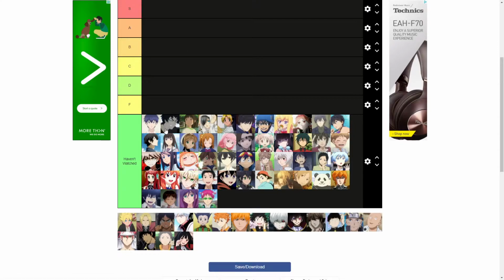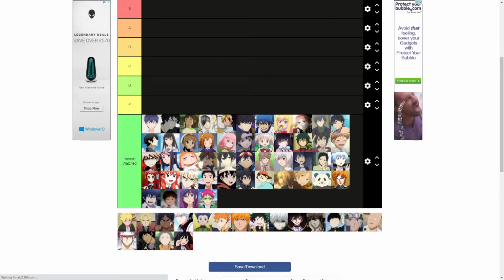I don't even know half of these things. So I know that's from Assassination Classroom, I'm pretty sure. I don't even know where this panda's from, because the only panda I know is from Jujutsu Kaisen, and I'm pretty sure that's not him. So for the protagonists, this is what I'm going to be doing, and then for the antagonists, there's